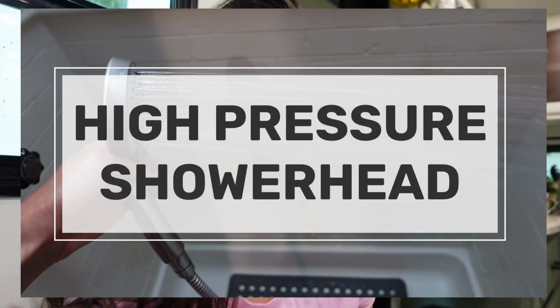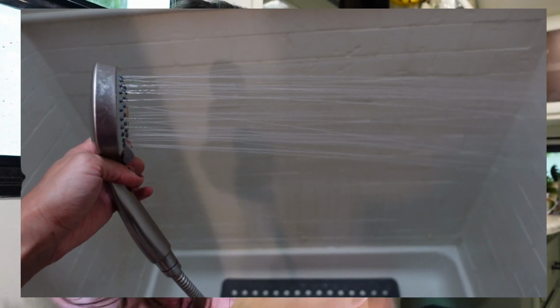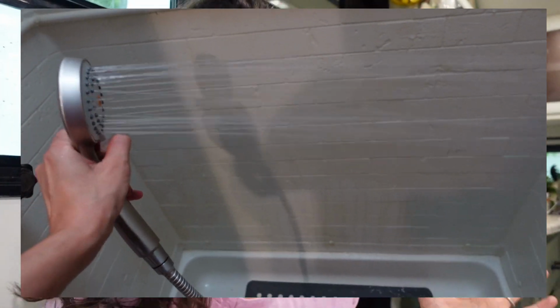Speaking of faucets, we did that for our shower head. This is a high pressure handheld shower head. It comes out. The other one didn't come out, so it's great that we can move it around. It just made it feel fancier. It wasn't just a shower head. It was like